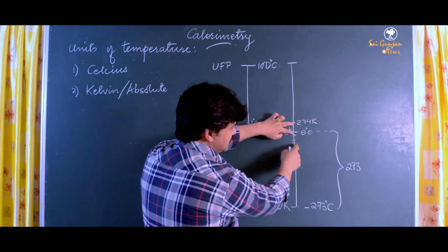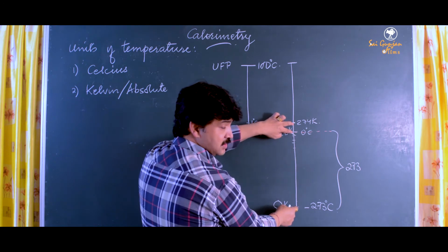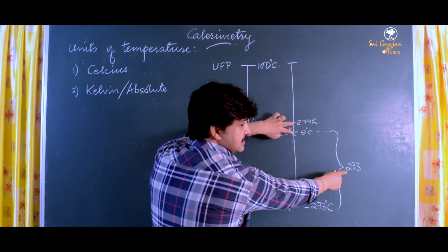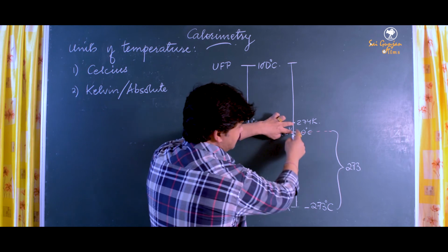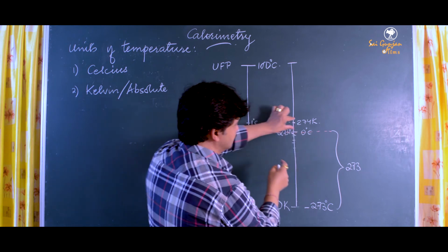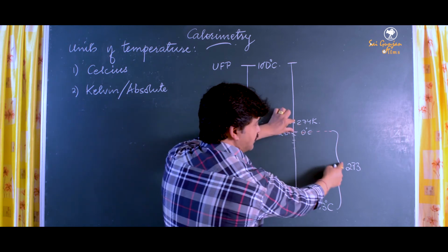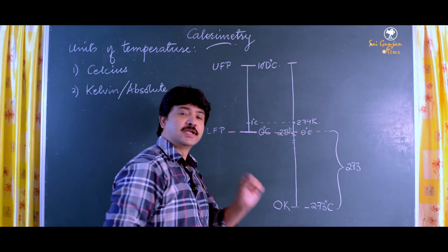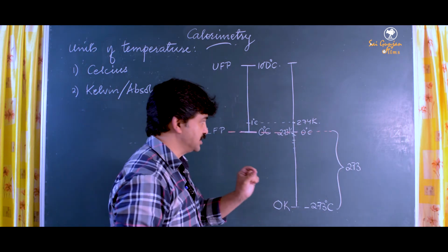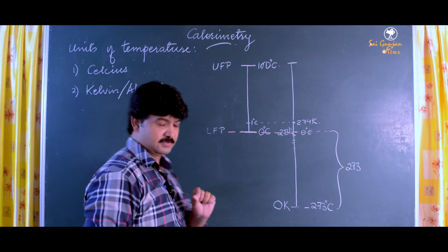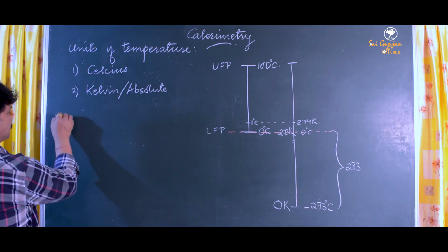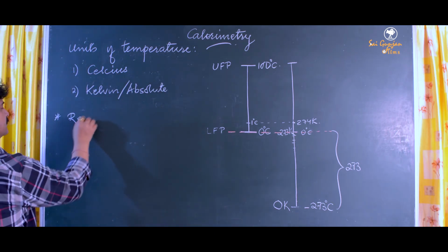So how many divisions do you have to go below up to 0 Kelvin? It's 273. That's why, whatever is the Celsius temperature, to that we have to add 273 to get the absolute temperature or Kelvin temperature. Okay, so next topic is,